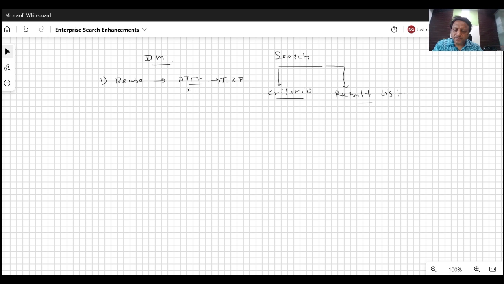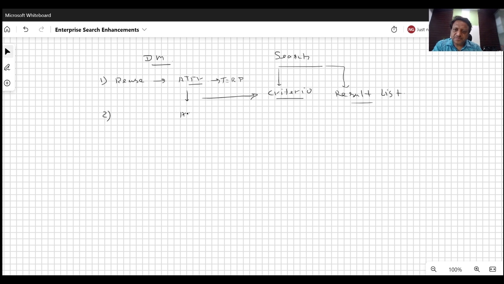So the standard ERP attribute may be included in the data model as an attribute, and these attributes may then be required in the search applications. Or there could be a second use case, again reuse mode,